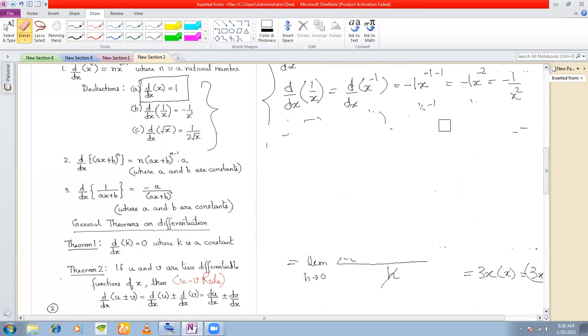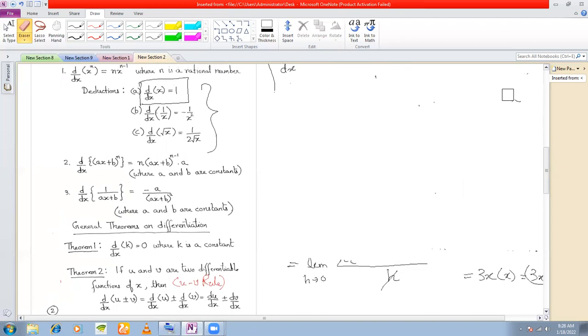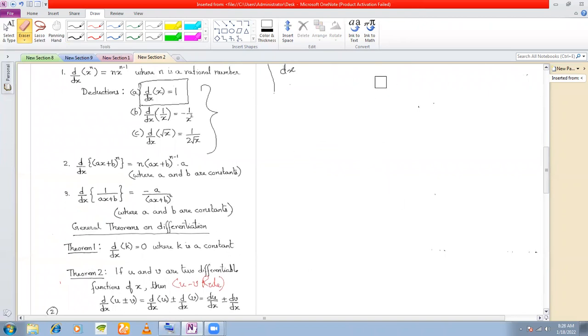Next, a very important formula you can see, but actually it is not. For the time being, we call it a formula because we don't know chain rule till now. Chain rule we'll be learning next year. It is that d/dx of any linear polynomial where the power of x is 1, ax plus b to the power of n, is n into ax plus b to the power of n minus 1 into a, where a and b are constants.